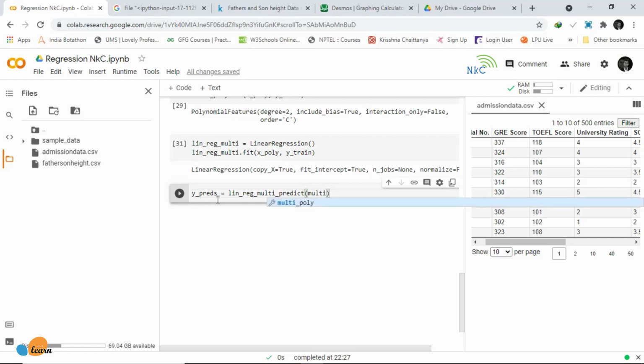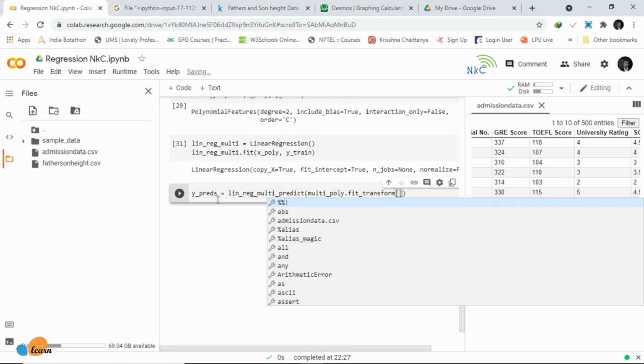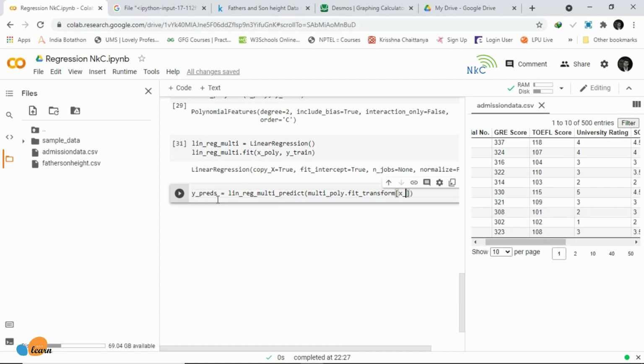We transform X_test and then we will say from sklearn import metrics, and then here we will just print out metrics.mean_absolute_error, and we are going to show the difference between y_test and y_pred, because remember the original value of y is supposed to be in our y_test.